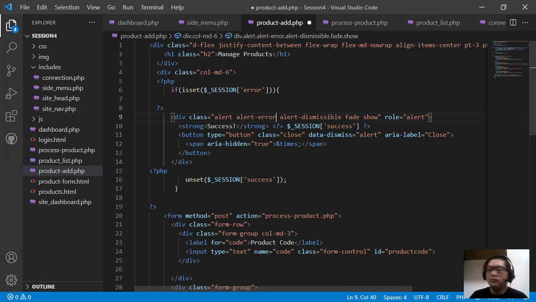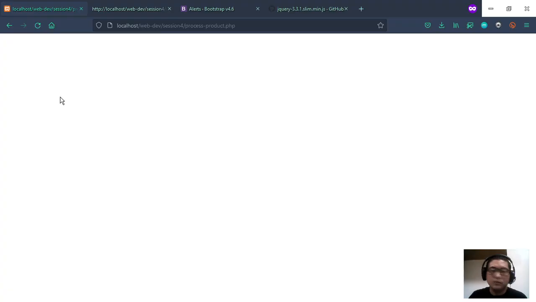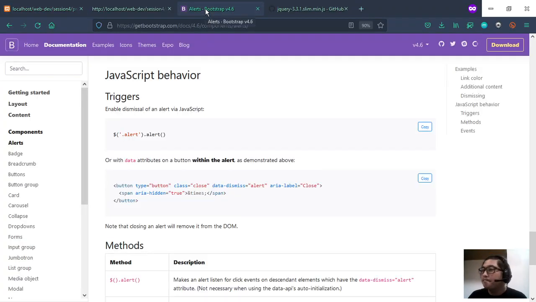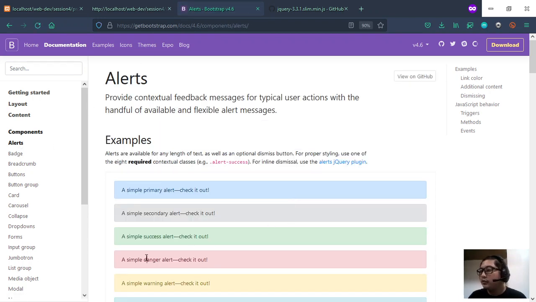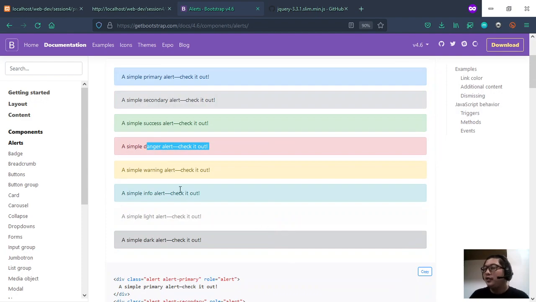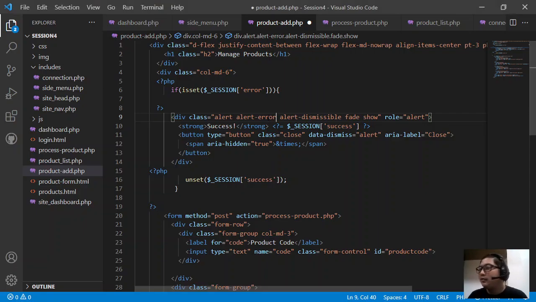Parang, ano bang example ng mga messages? Warning po ata, sir. Warning po. Warning. Check natin. Itong danger. O, danger na lang. Or, sige, warning na lang para hindi masyadong... So, warning. Okay. So, instead na success, error. Ayan, diba? Okay, so let's try to